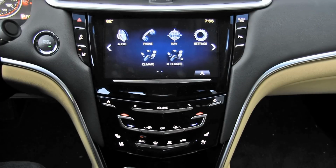Overall, CUE performs very well. It integrates very well with all of my latest iDevices, and I really couldn't ask for more than that, being the geek that I am. This system is very competitive with the likes of Audi's MMI and Volvo Sensus and some of those other systems in this segment. I do rate this just a notch behind iDrive in terms of ease of use,